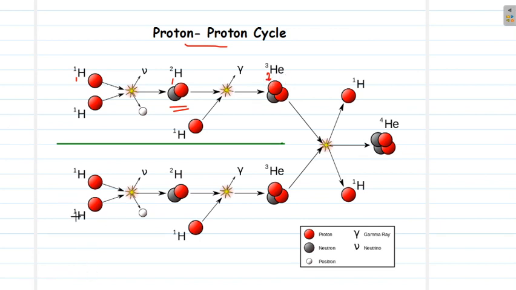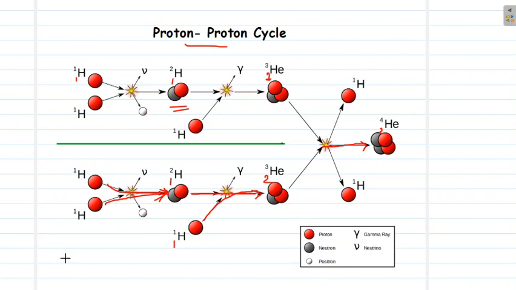At the same time, another process is happening. The same process is happening to some other nuclei. Here also, initially we have two protons. These two protons combine to form a deuterium, which is 1H2. And 1H2 will again combine with another proton to form a 2He3, a helium isotope. And if two helium He3 isotopes from two separate reactions come together, they will yield a helium-4 by emitting two hydrogen nucleus or two protons. So how does this reaction proceed?